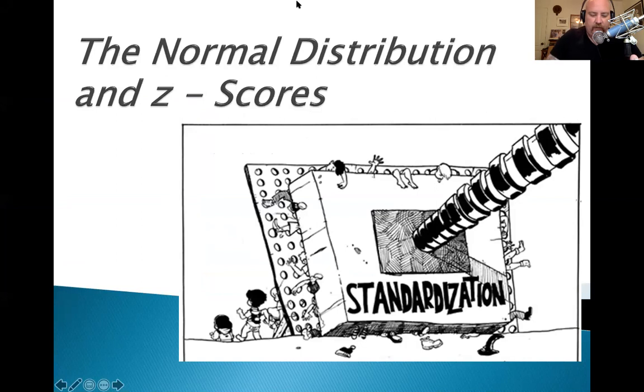This chapter is all about the normal distribution and Z scores, as it says here, and as this cartoon is attempting to illustrate. Another word for Z scores is a standardized score, right? And we're probably used to hearing that phrase because we think about standardized testing, and that's my first story about Z scores. So when you hear a standardized test, there's a couple ways that you can do that,